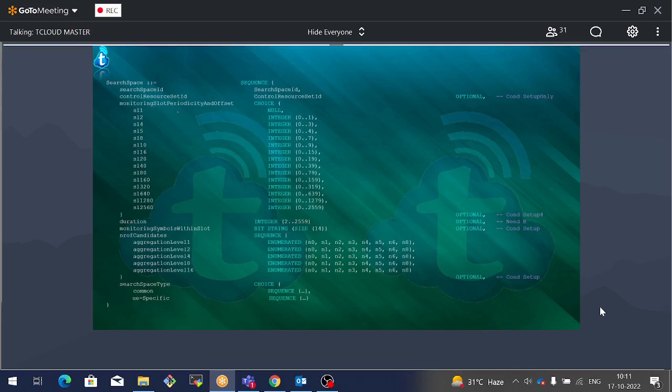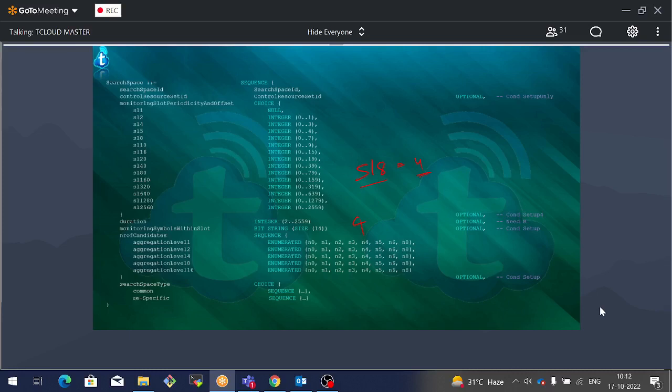For example, if the monitoring slot periodicity is set to SL8 equal to 4, the SL8 will tell you that it is going to be repeated once every 8 slots. The 4 will tell you the starting slot number in your frame. So you start with slot number 4 and repeat